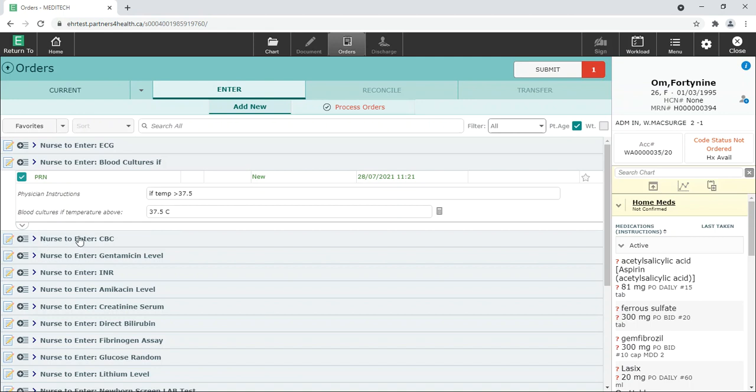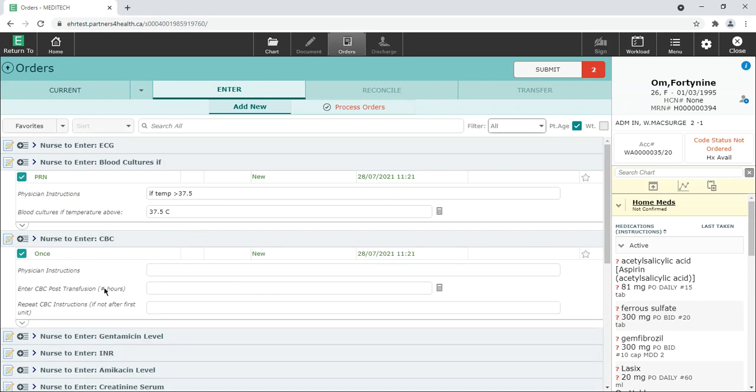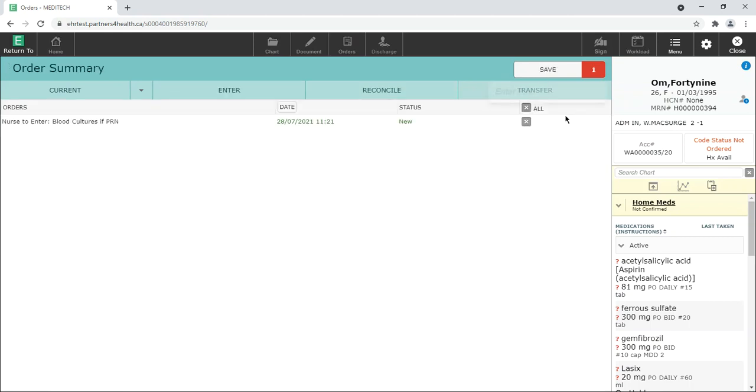Note that there are other nurse to enter orders available here. However, if I just look at the CBC one, for example, there are different questions associated with each of these orders. For example, the CBC nurse to enter order would probably be used in the case of post-transfusion, and I can answer these questions as they apply. But for the sake of this demonstration, I will only use the nurse to enter blood cultures if temp greater than 37.5 order. Now I can go ahead and submit this order, and this order now will sit on the